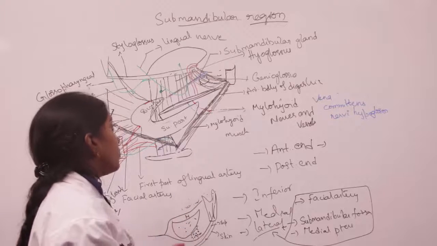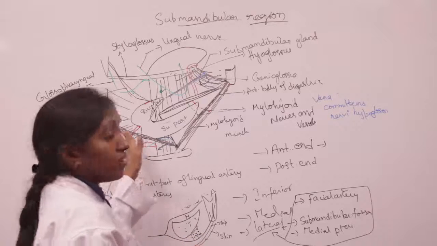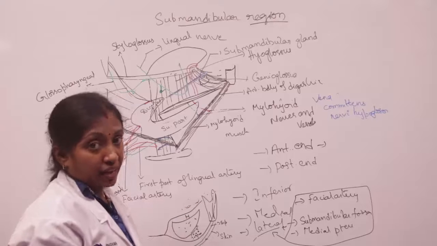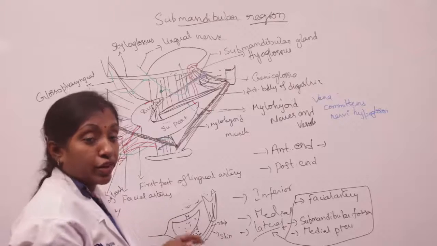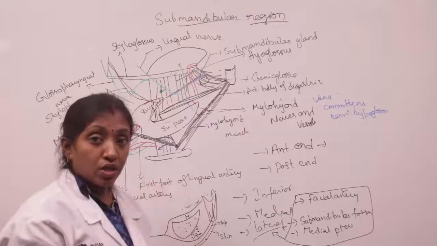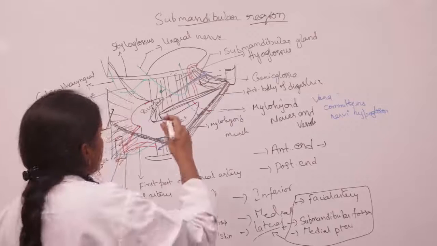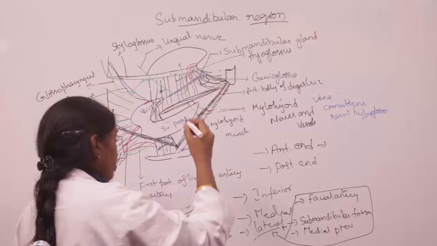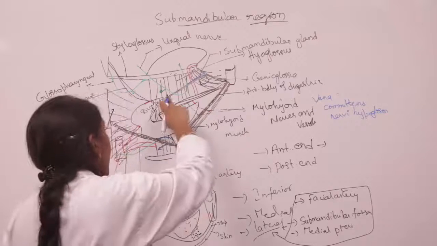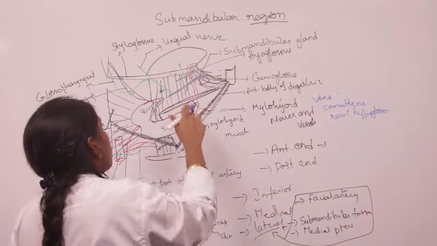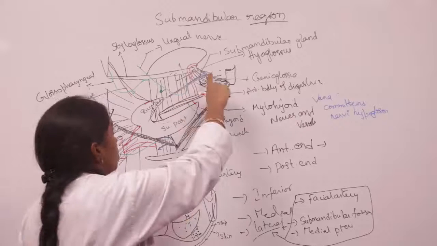And coming to the arterial supply of the gland, here we have the lingual arteries and facial arteries present. They supply the gland. And coming to the lymphatic drainage, it drains into the submandibular group of lymph nodes, and they drain into the jugulo-digastric group of lymph nodes. And coming to the duct of the gland, the duct starts from the deep part of the gland. Here the duct runs first upwards and backwards, and then again upwards and forwards, and opens into the